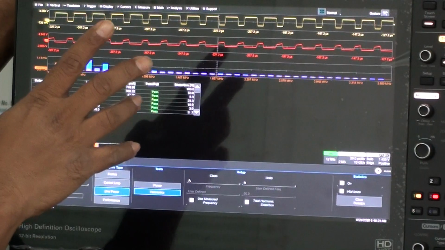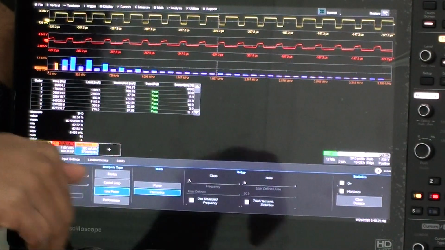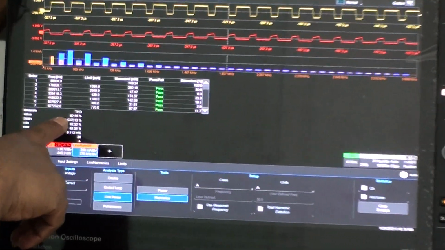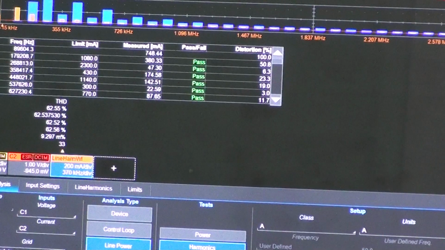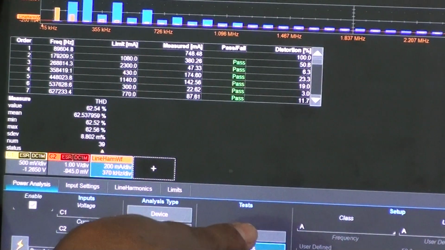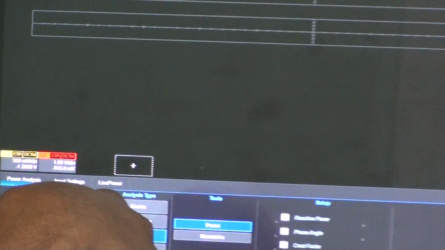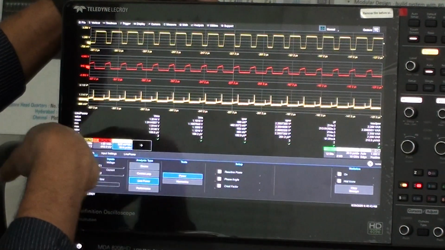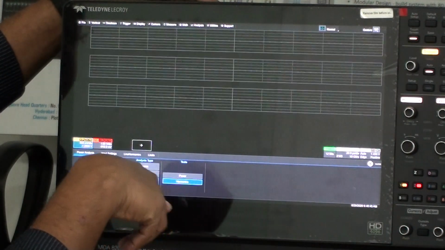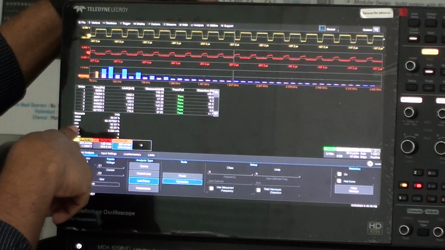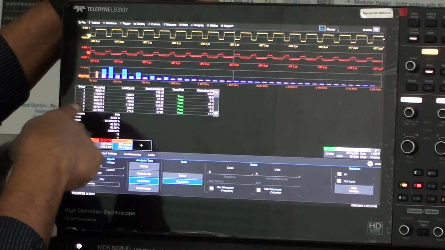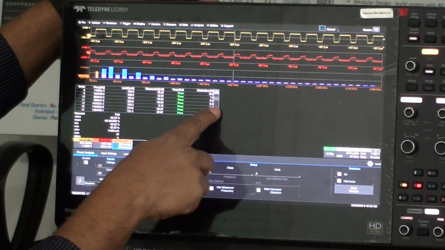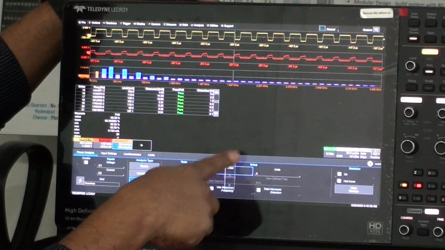Here the measured frequency is about 89 to 90 kilohertz. That's the switching frequency of this device. At that level, you have the THD of 62% mean value, and you are also getting harmonics as well as power. Here we have a proper power setting as well as harmonics. Harmonics now you could see is very high, the harmonic frequency is mentioned, and you get whether it's a pass or a fail. So apparently all is passed at class A.